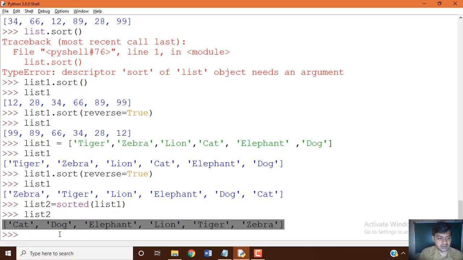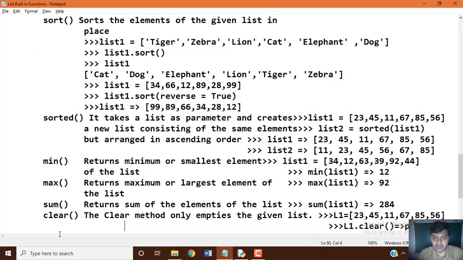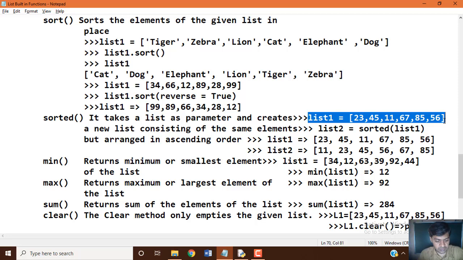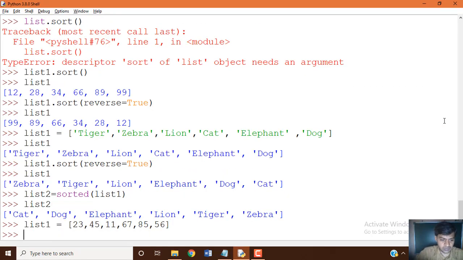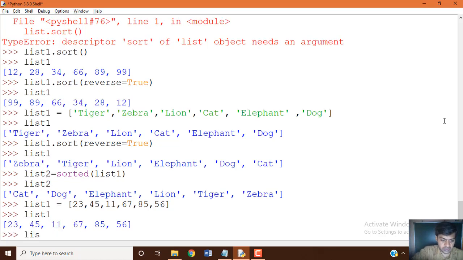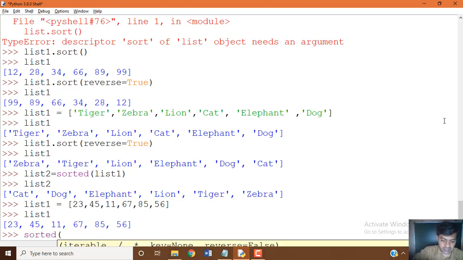Okay, so the same thing we can do, for example, numbers list 1. You can see the output directly, which you can apply without assigning any variable. Let's see, sorted list 1.